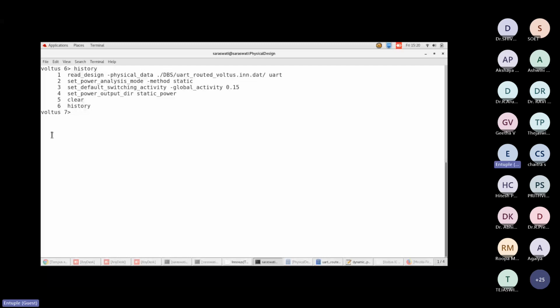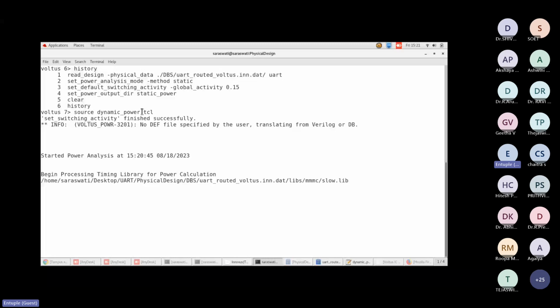So here, sourcing dynamic_power.tcl. Now the dynamic power related switching activities start being calculated. For this dynamic analysis, the DEF file locations need to be specified. We have generated the DEF file, but it is not given in the dynamic_power.tcl file. If you give this, you will get accurate results. Otherwise, it also works, but